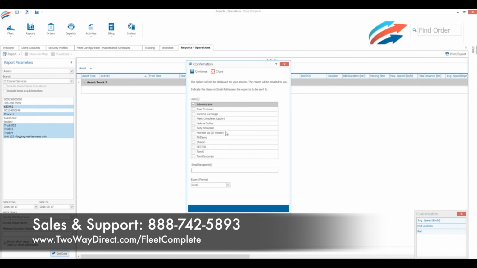Choose the users in Fleet Complete who are to receive a copy of this report, or you can also type in addresses manually if necessary. Choose the report format. We do recommend Excel. It lets you continue working with columns, cells, and data, whereas reports such as PDFs only allow you an image of the report. So it's probably better to choose Excel here, unless it's for legal reasons, and then go down the